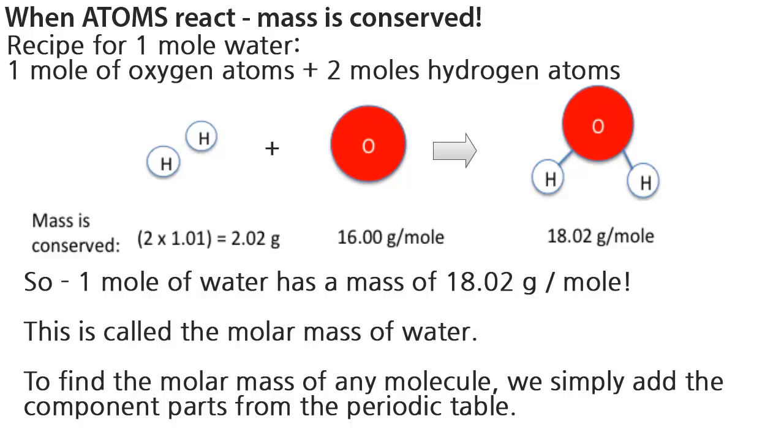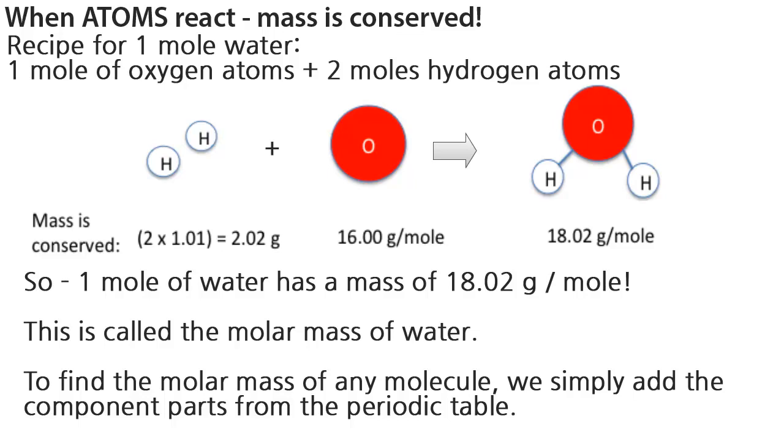Now, interestingly, if we were to mass out 1 mole of water, or record the mass of 1 mole of water, want to know how much that weighs? We can easily find out how much it weighs by simply combining the parts, combining our ingredient list. And this works because mass is conserved in all chemical reactions. So to demonstrate, let's think about how to compute the molar mass of water. To do this, we would combine 2 moles of hydrogen atoms, each having a mass of 1.01 grams per mole. That latter number,